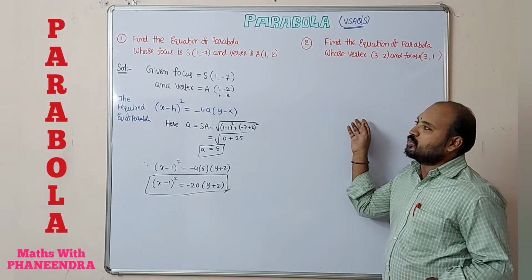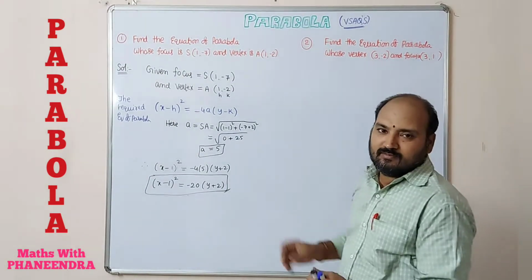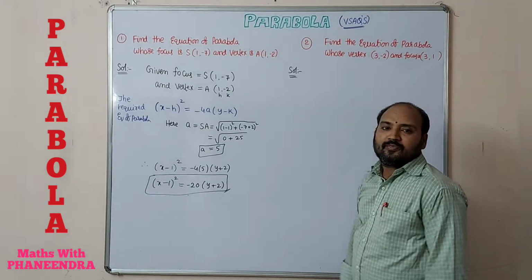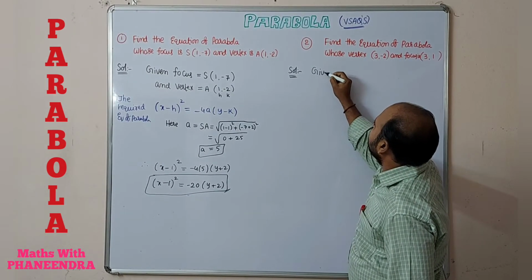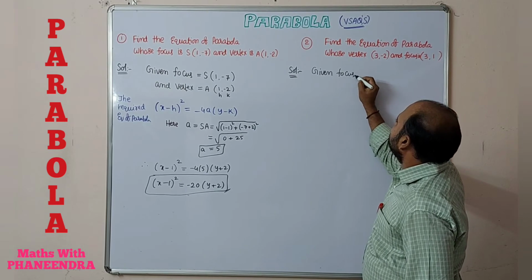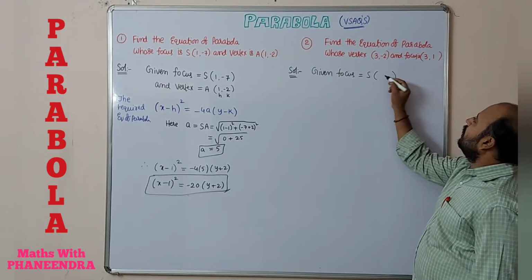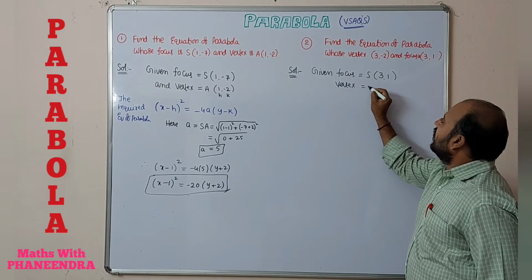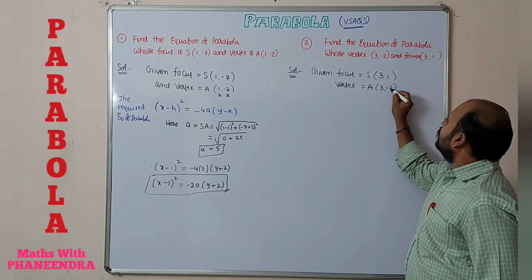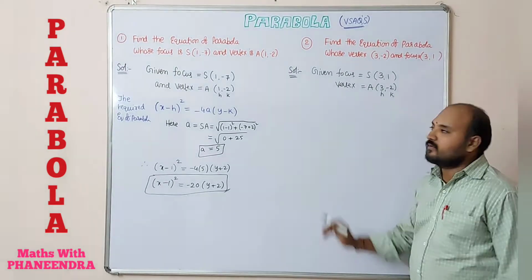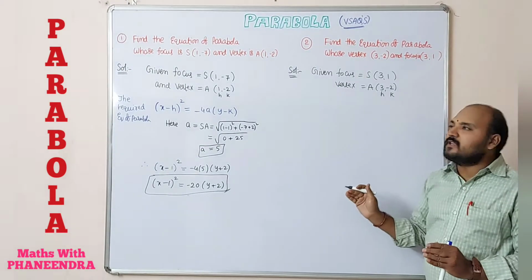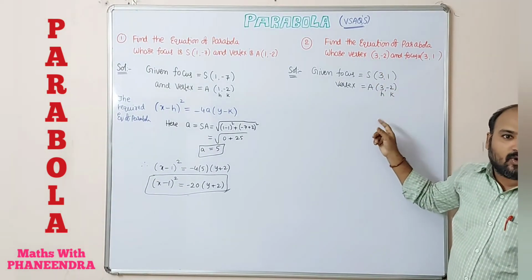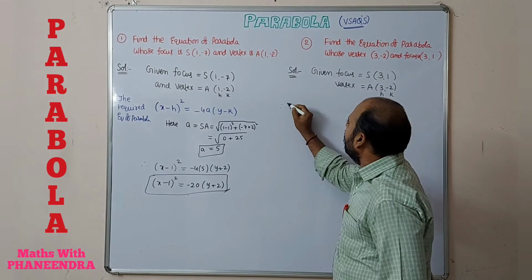Now come to question number 2. The same type of question. Here also proper steps you have to write, dear students, and observe carefully. Given focus and vertex, given focus S is equal to 3 comma 1 and vertex capital A equal to 3 comma minus 2, vertex denoted by H comma K. In this information also, in focus and vertex, x coordinates are equal. Therefore, the equation of parabola